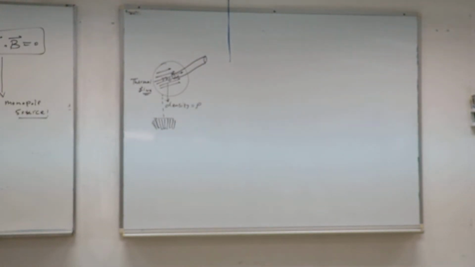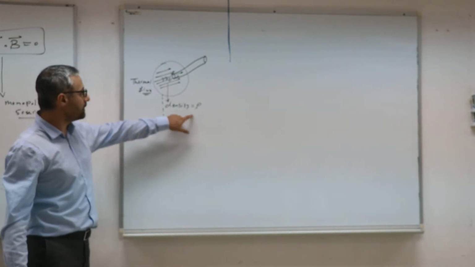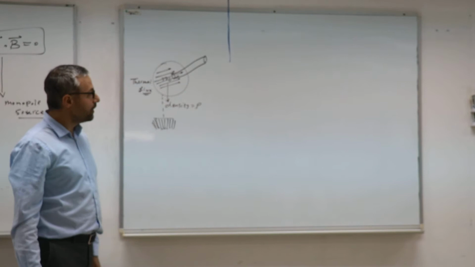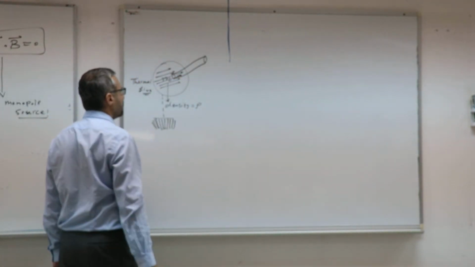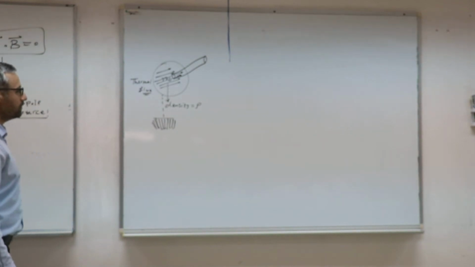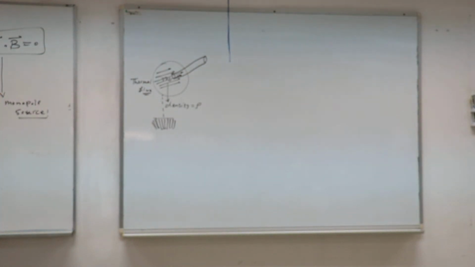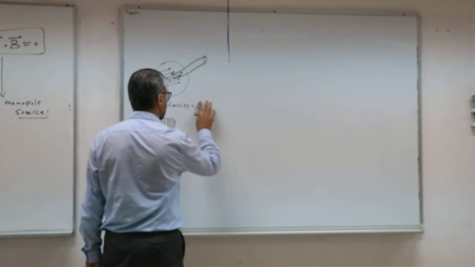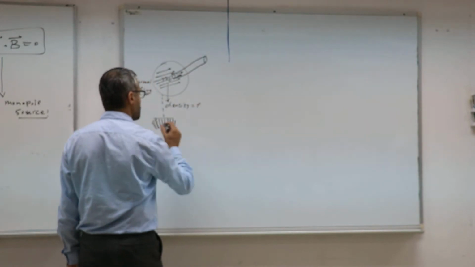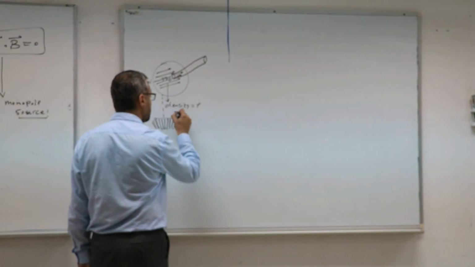Just using the concept of divergence, I want to find for you the equation from which you can relate the density to the thermal flux. So if I consider the temperature T,